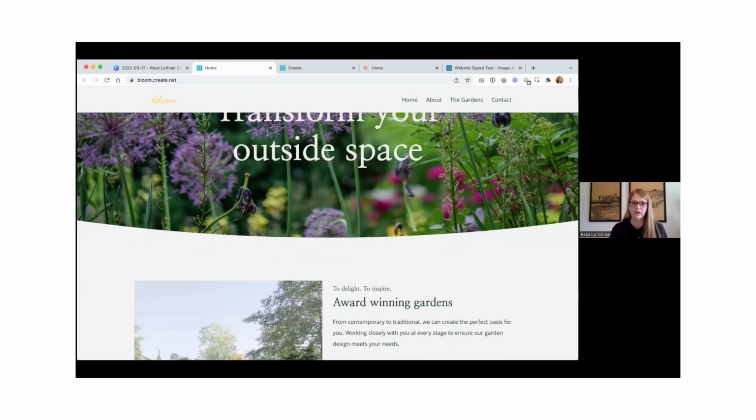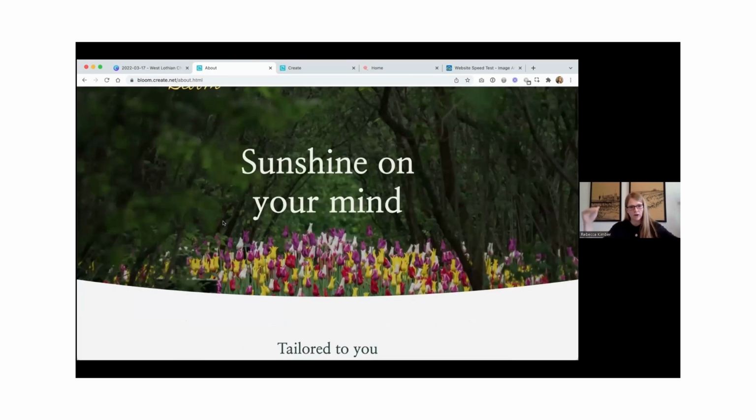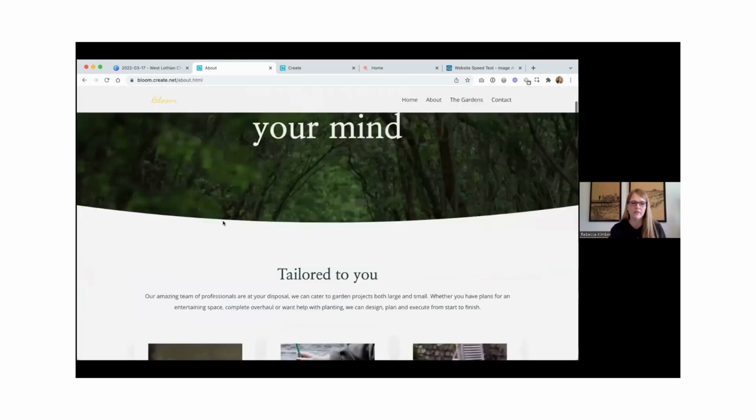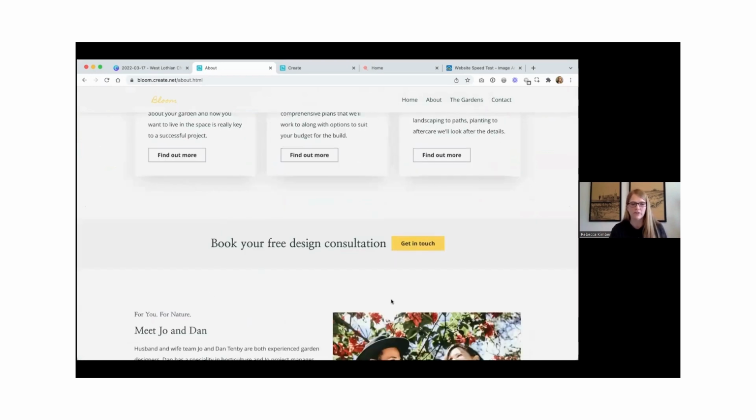So as we go through the site, I'll go to the next page, we've chosen the same kinds of styling. So we've got the same shaped block at the top, we've got the same fonts, the same colours, we've got the same book your free consultation, so that it's making it really easy for the customer. There's less mental load if things keep changing around all the time. They have to rethink it. Whereas if you've got it all connected and it's all kind of feeling the same, then it's much easier for them to just think about what the content is, what you're saying to them, rather than where they need to